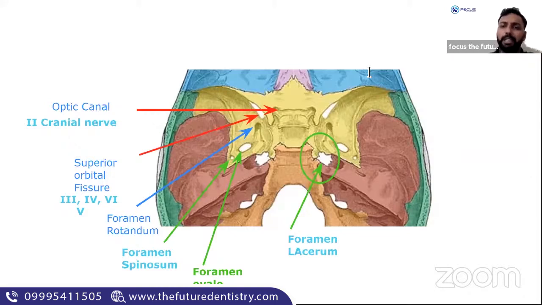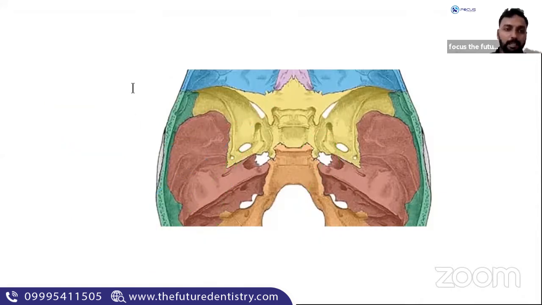And a simpler question is: the 12th cranial nerve is the hypoglossal nerve. Somebody has asked me, the 12th cranial nerve comes out from which foramen? The hypoglossal nerve comes out through the hypoglossal canal. Okay, so foramen and canal are almost the same. Yeah. So now I will just move on to the next slide.